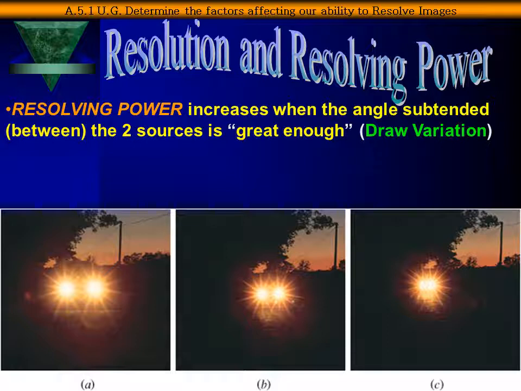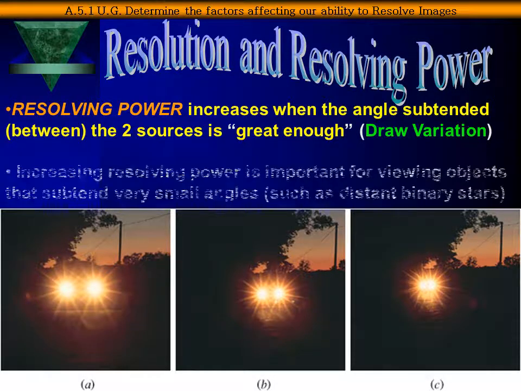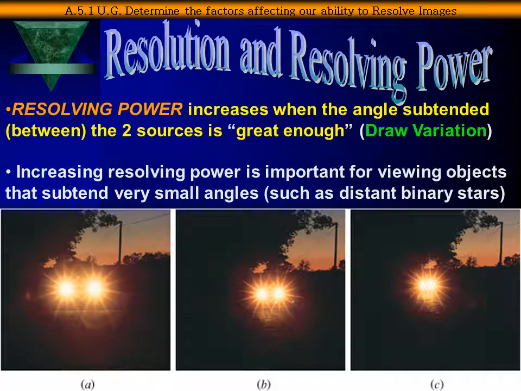Now, if that angle is too small, meaning that they're too far away from the objects or they appear to be too far away, then that angle being too small means that they can no longer resolve the difference between the two objects. Now, being able to increase our ability to resolve, or resolving power, becomes quite important,